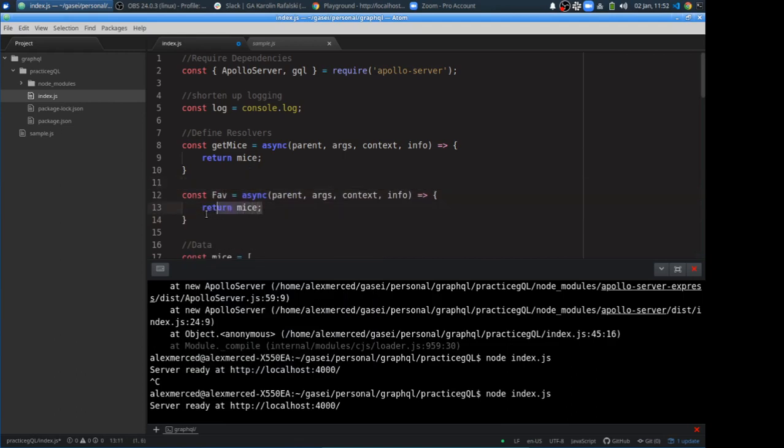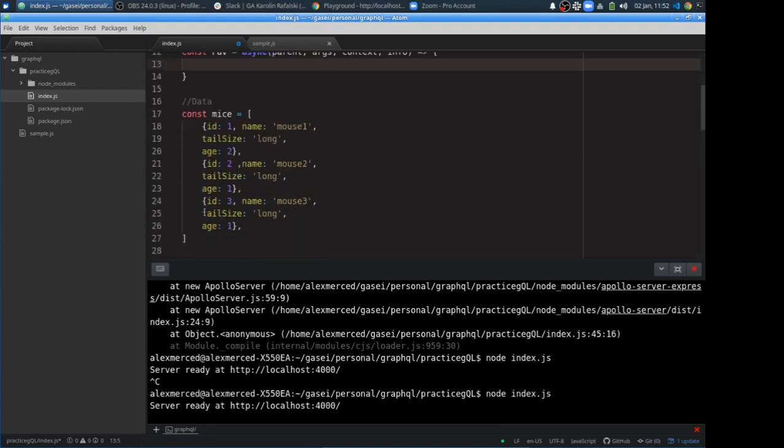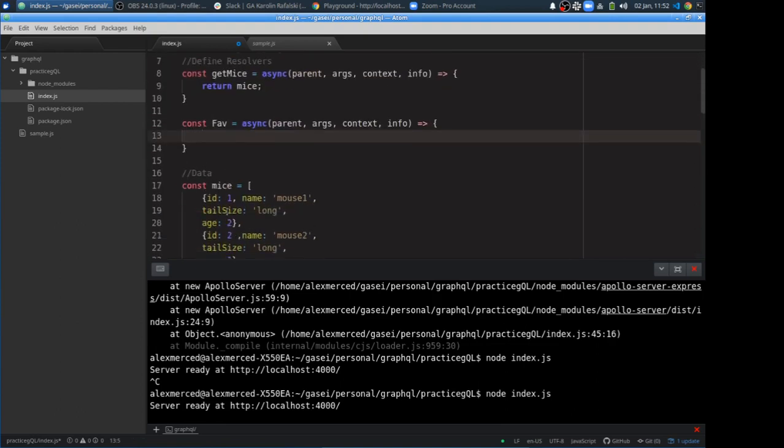Okay, that's all good. And what it's gonna do, it's gonna have to take the parent ID. So let's think this through. Well, we need to grab the information from the favorite food array. Actually, we're just gonna return the result of this. So return favorite food dot filter. So we only want to filter for the one where the ID matches. Okay, and then we're just going to call this fave